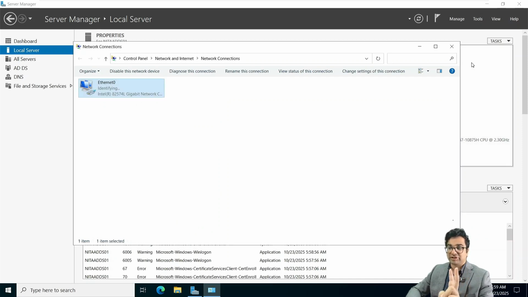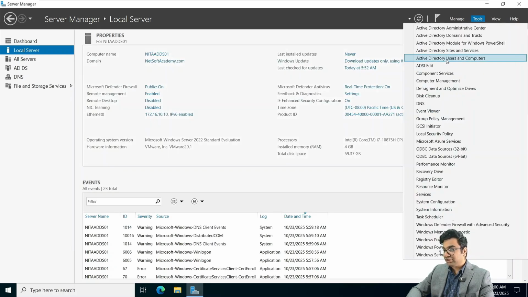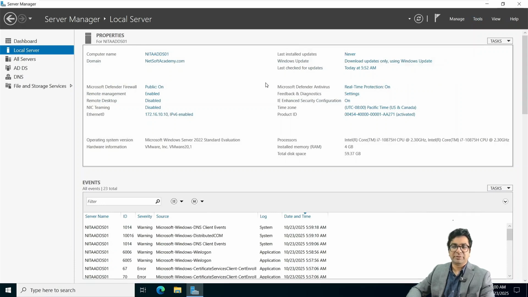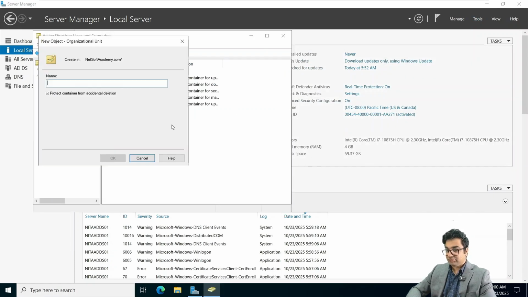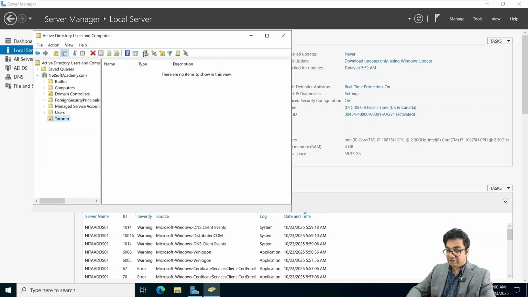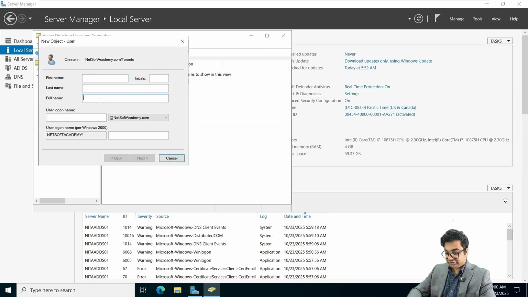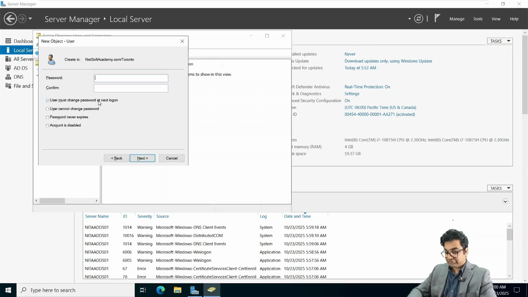Now we are going to move on to step number 2, and that is setting up a user and an OU. So we're going to create only one user, one OU. In this one, we don't need multiple users. We only need one user. So new OU, this one I'm going to name Toronto. Now under this a user, let's say Megan Fox, M Fox. Next, password 1350,